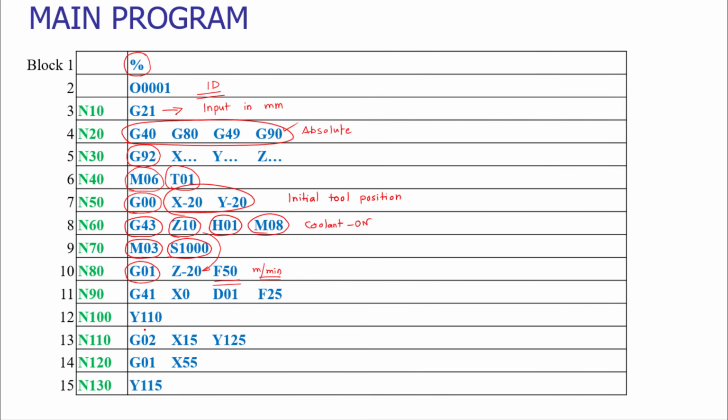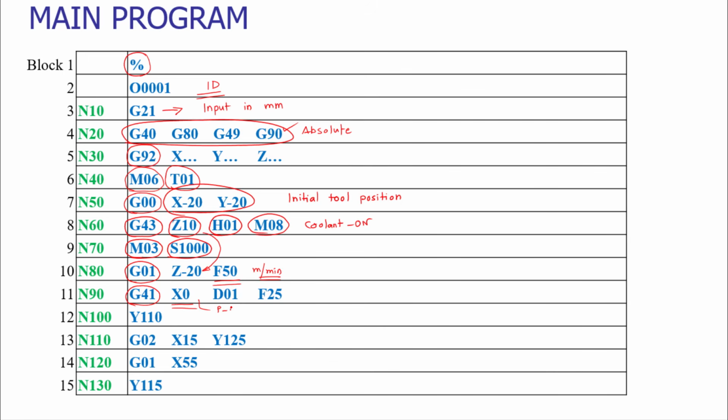Now as the tool has reached the initial tool position, it has come in proximity to the work part as well. Now we have to do the ramp on operation. During the ramp on operation, we are activating the cutter radius compensation towards left. We are approaching the initial point, the first point of the contour, that is the point P1.